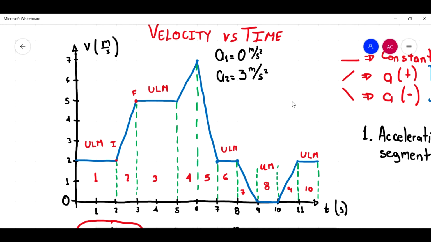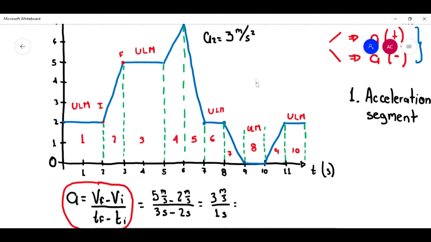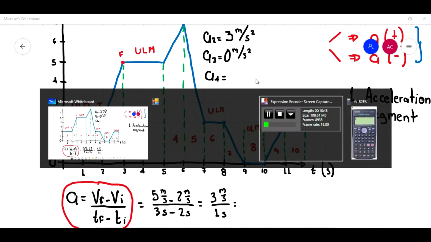I repeat, that object increases its velocity 3 meters per second each second. Then I'm going to write the acceleration of the segment number 3, that is 0 meters per second square because it's a horizontal line. The acceleration of the segment number 4, I'm going to do it in the calculator